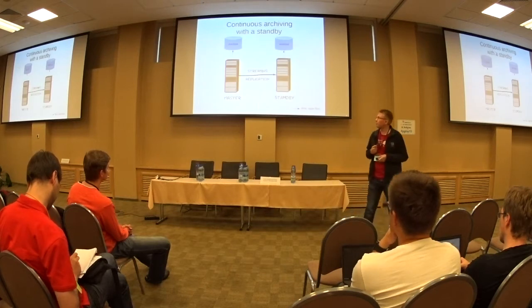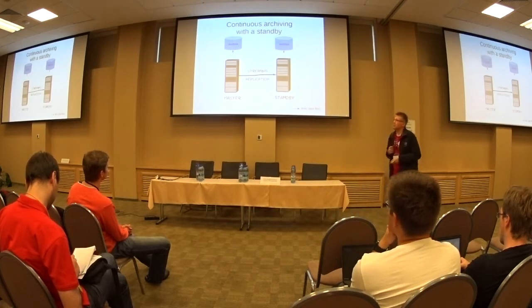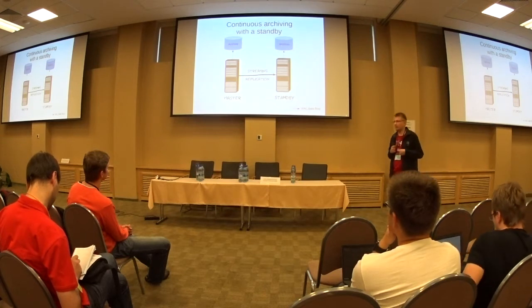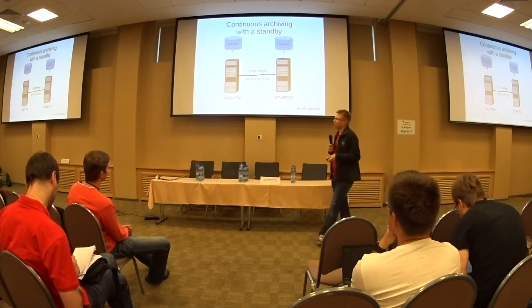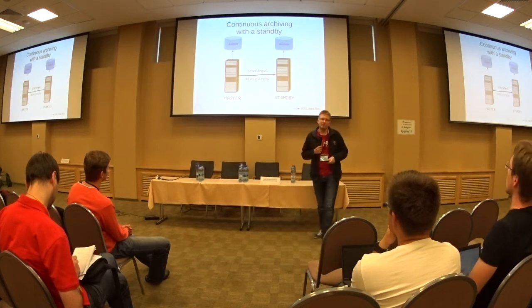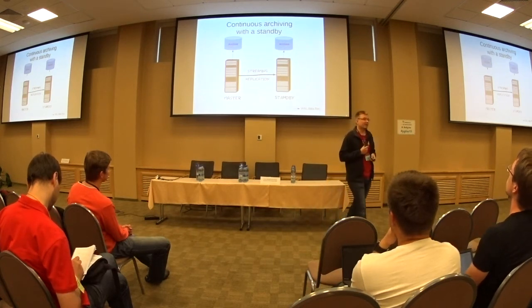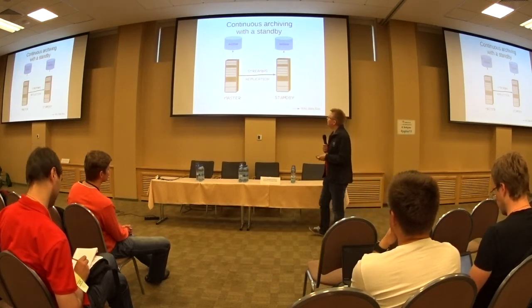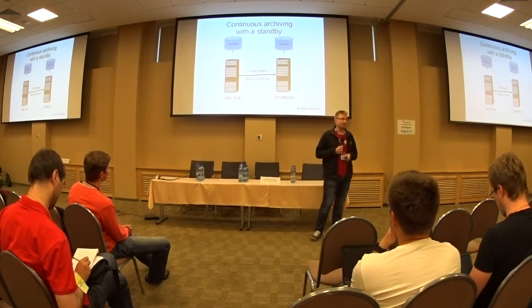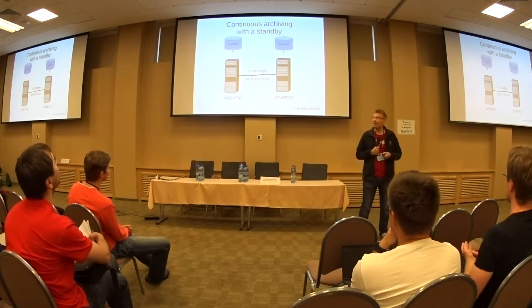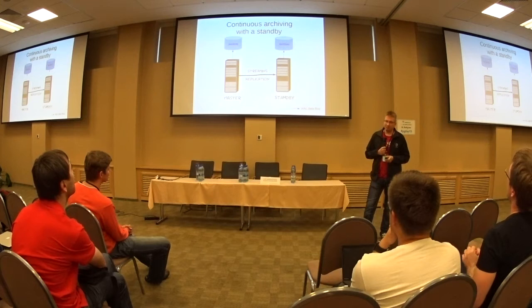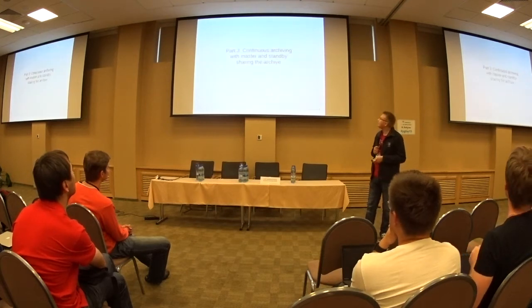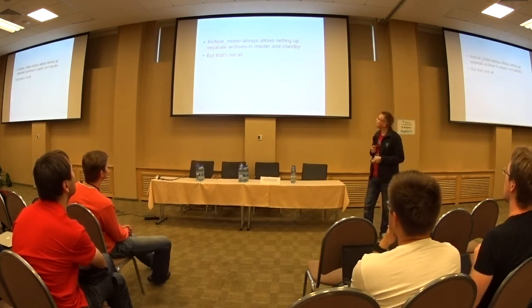And the scenario where this is useful is if you have a master and a standby, and you want to maintain a separate WAL archive for both of the servers. So you have one archive for the master and another archive for the standby. It might be useful if they're in different data centers, for example. So that's new in 9.5, a pretty simple feature. It just lets you do this, which wasn't really easy before. So yeah, that's what it does.